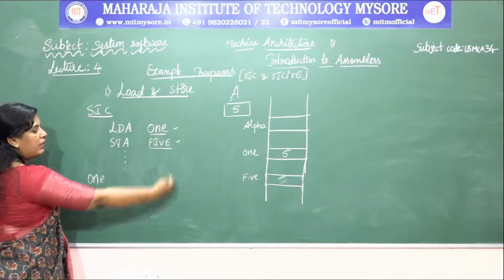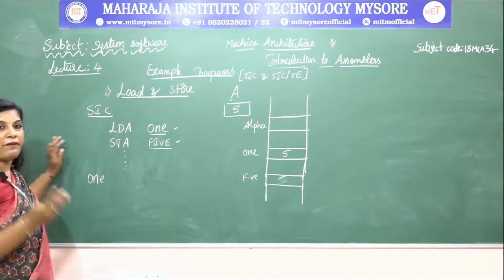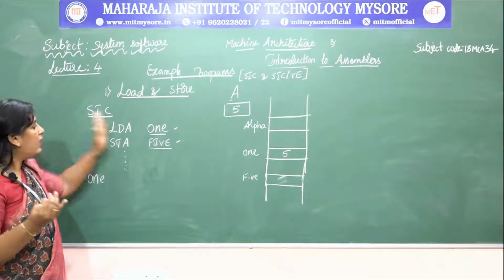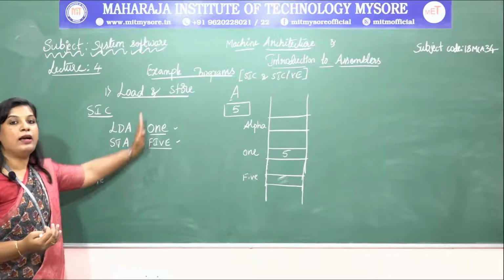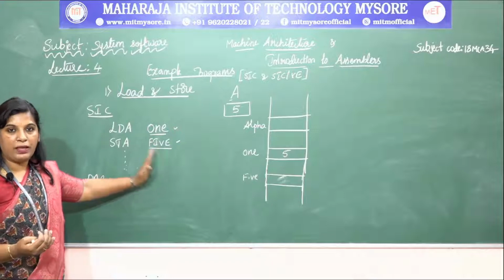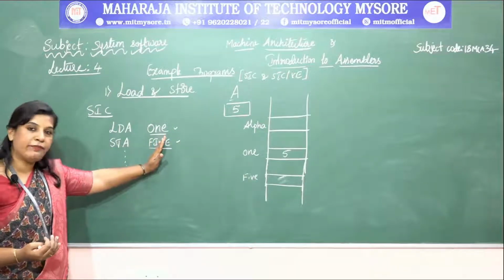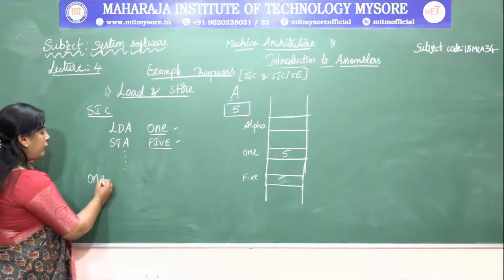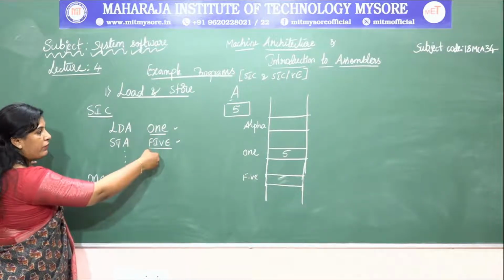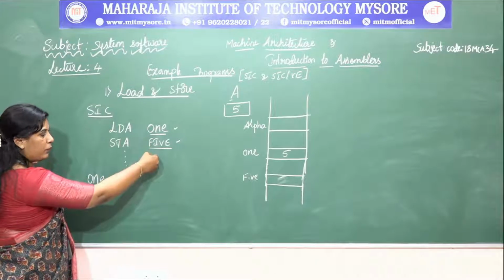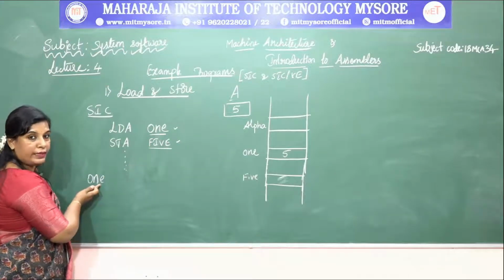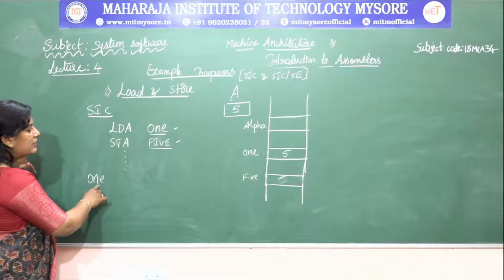So whatever assembly level programming there is, it has 3 different fields. One is the label field, another is the mnemonic field, and another is the symbolic field. Mnemonic field is nothing but the operator field, symbolic field is nothing but the operands field. So we have to define the memory variables which we are using in that program in the label field. So 1 is a label field.